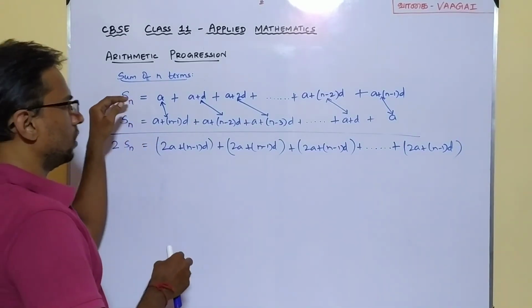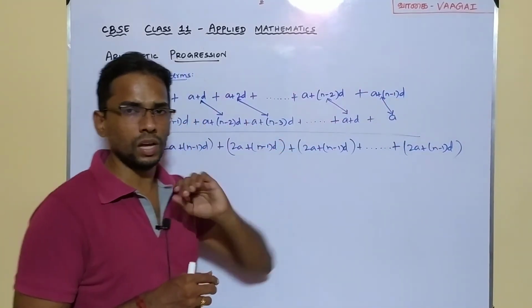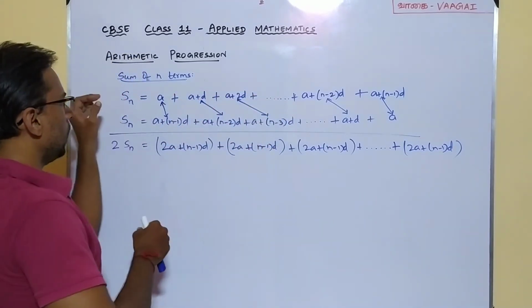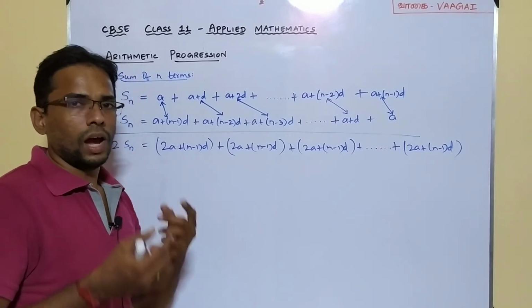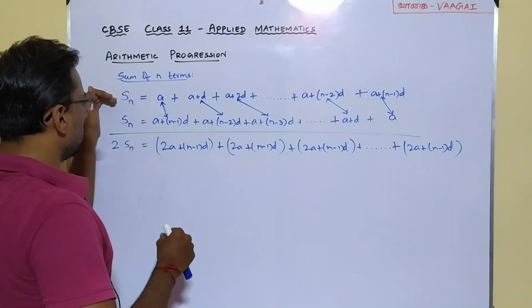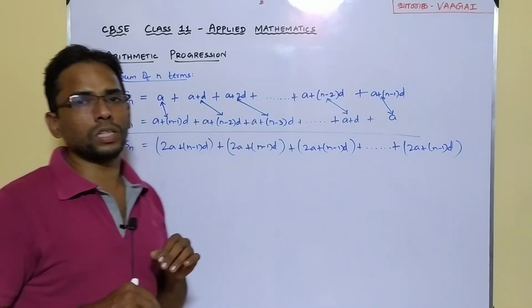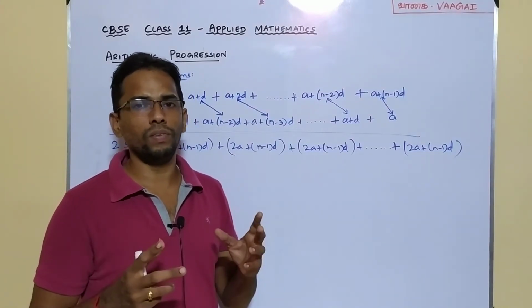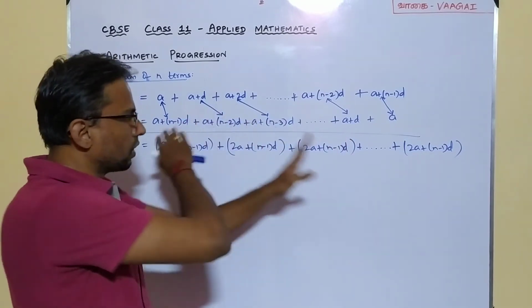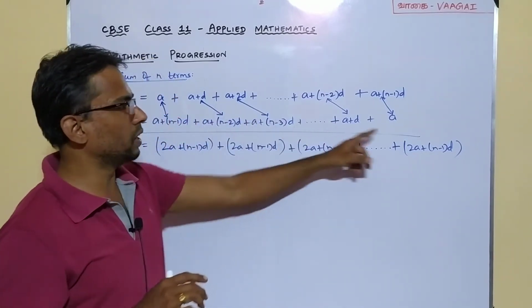So I have just taken the first n terms and I'm going to add everything. I'm naming it as Sn because it represents the sum of n terms. And what I've done next, I'm repeating the same Sn because I'm going to rewrite the same expression but in a quite different way. The different way is nothing but I'm going to write it in reverse. So that's what I'm getting here.